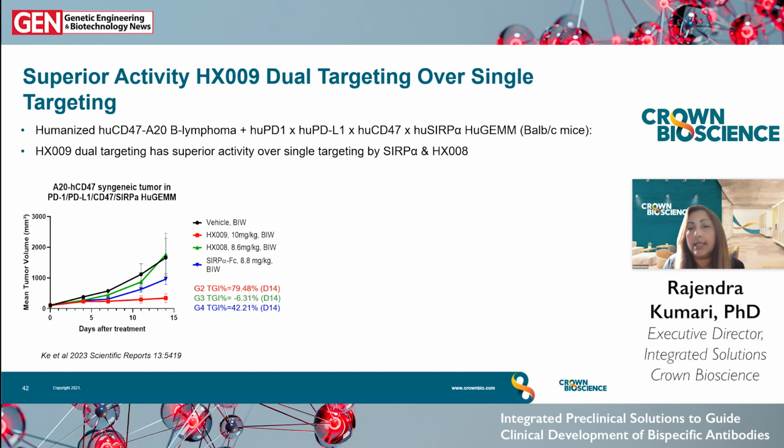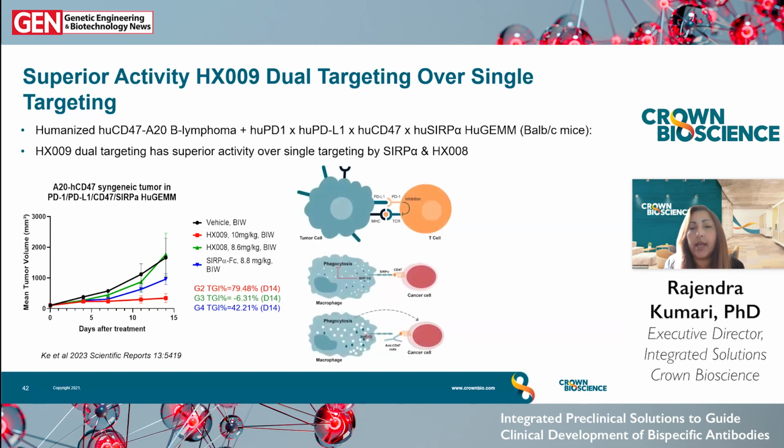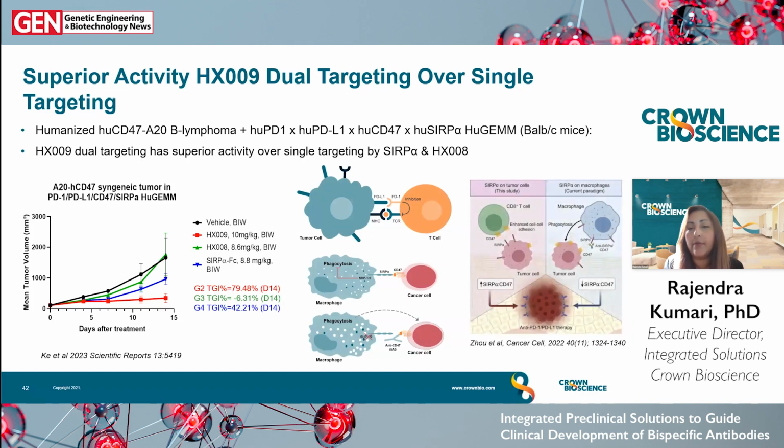And the results demonstrated that while the single agents targeting either PD-1 via HX008 or CD47 via SIRP-alpha Fc do show anti-tumor activity, the dual targeting by HX009 induces synergistic anti-tumor activity. And these data in this complex model system leverage the need for the host innate immunity and strongly support the notion of enhanced treatment benefits through that dual targeting of both CD47 and PD-1. So recently, as mentioned, a new mechanism of anti-PD-1 mediated T-cell activation by SIRP-alpha on tumor cells interacting with CD47 on the CD8 positive T effector cells in the tumor microenvironment has been described,